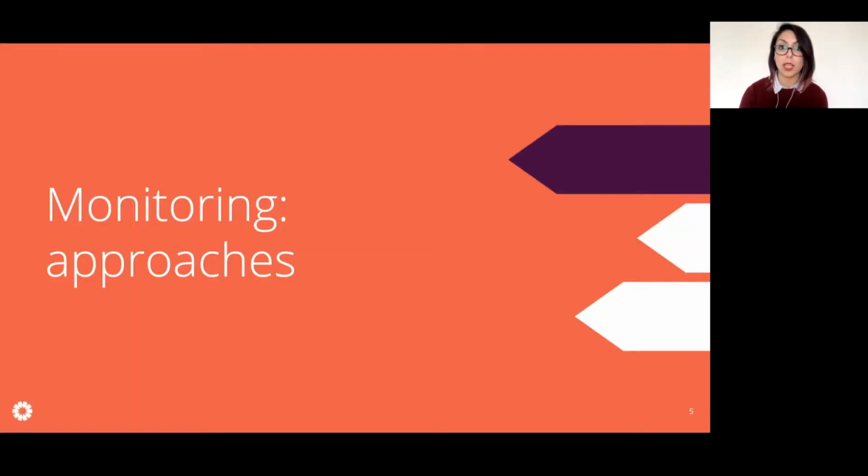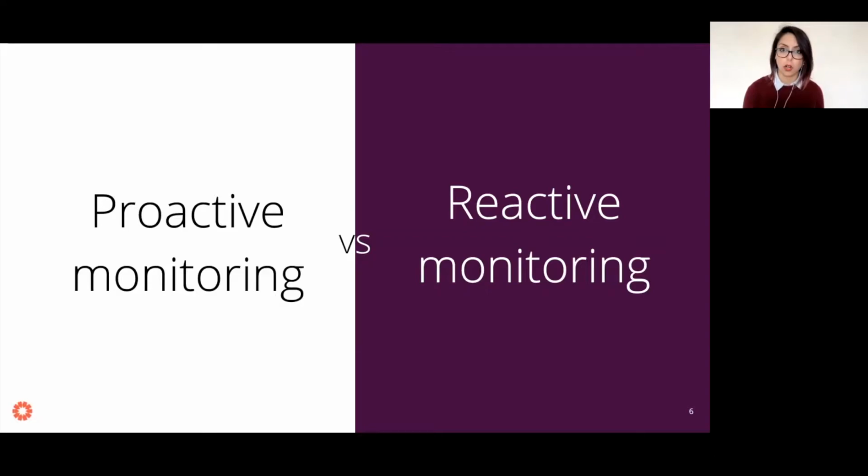So let's talk about how we approach monitoring, because social media networks change all the time. The tools that we can use to monitor them change all the time. But what doesn't change is how we should approach this kind of work. And there's two ways to go about it, basically. One is proactive monitoring, setting up networks and systems to systematically monitor conversations happening online. And the second one is reactive monitoring. So when there's a specific event that happens that then we need to react to find out what people are